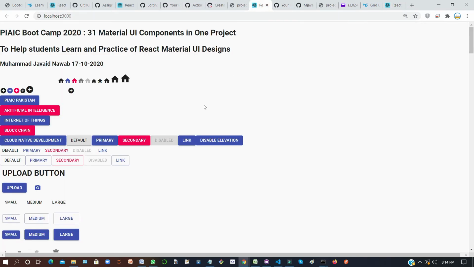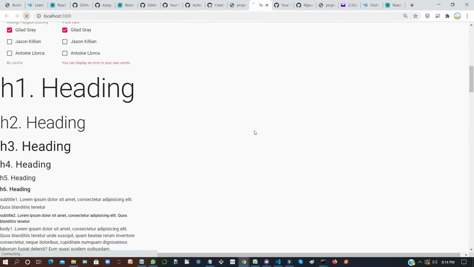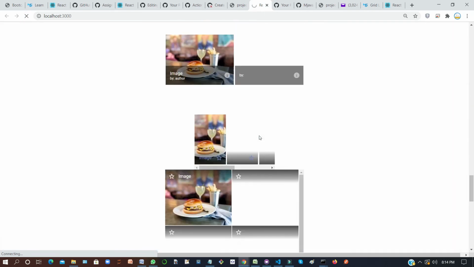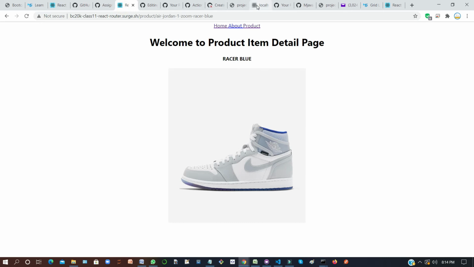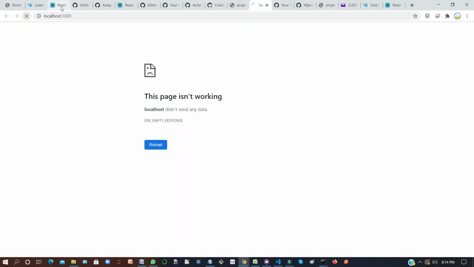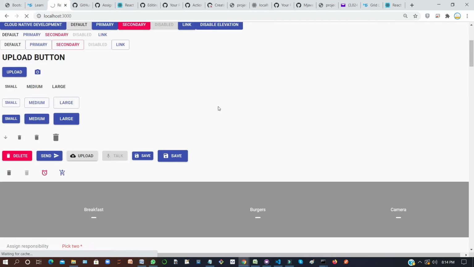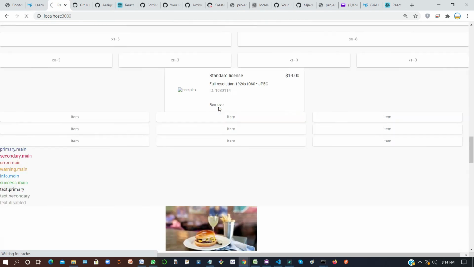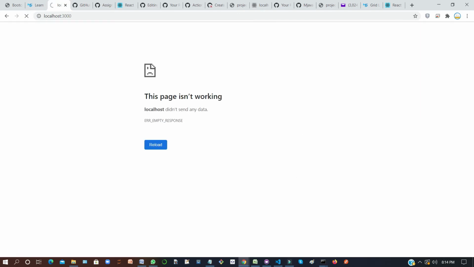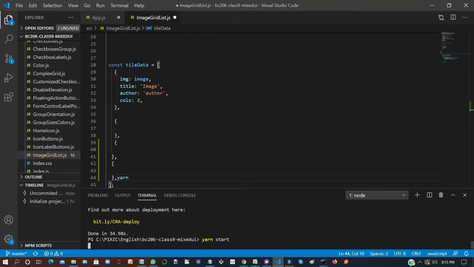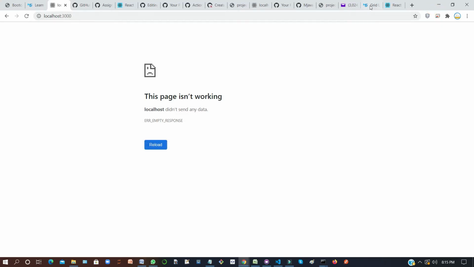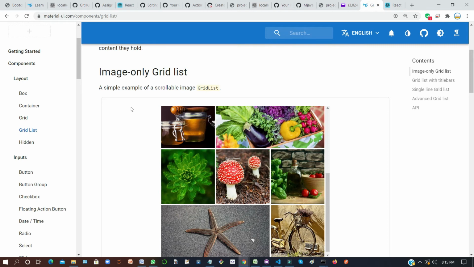Because it's loading here and I have to upload to git, I run yarn start. Meaning to say, I have copied all the Material UI code available here, image only grid list.